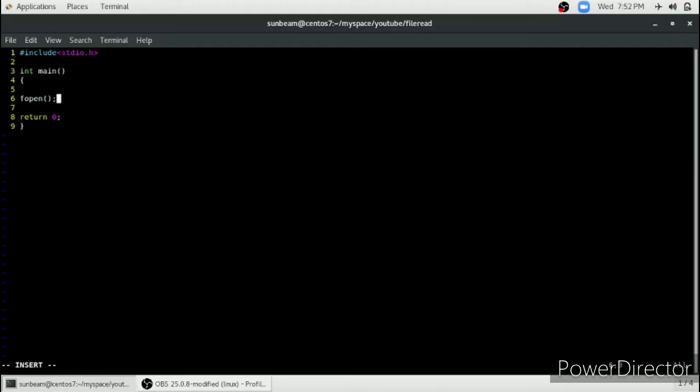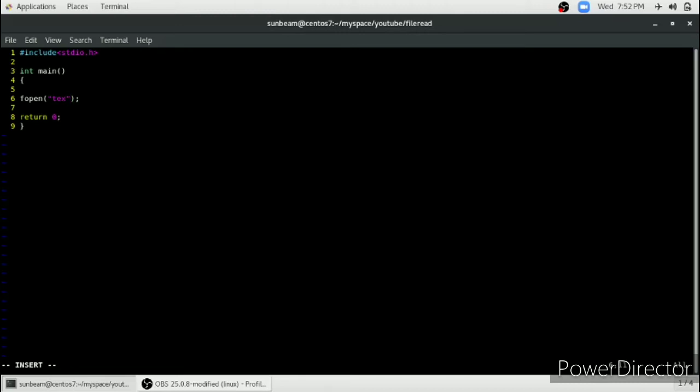The fopen function has two parameters. The first parameter is the file path, which you have to give in double quotes. Our file is in the same directory as our program, so you don't have to give a full path, you just have to give the relative path.